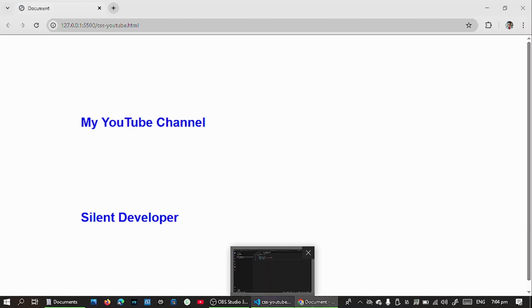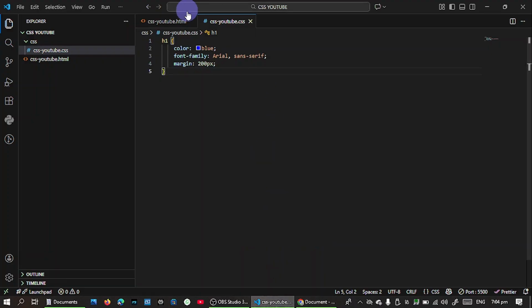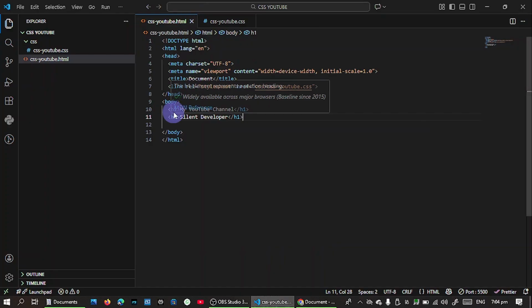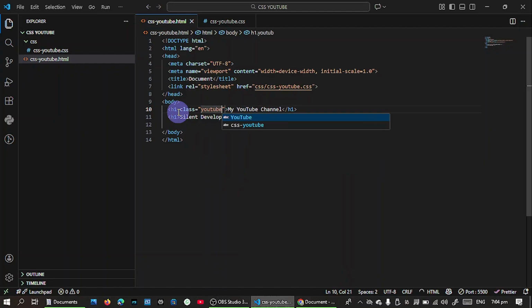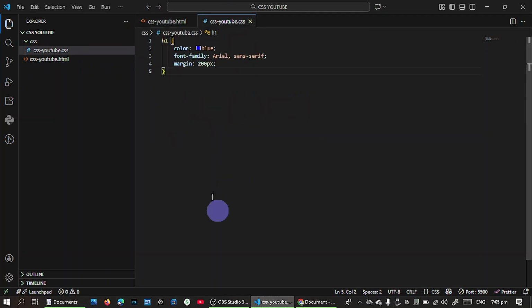So that is simple. We do that by going back to the HTML file and assigning the H1s their own class. But since I just want to change one of them, make it different, I'm just going to come here into one and type class. There's the class attribute, and let's call this YouTube. I'm going to hit save, yes, it's already saved. Okay, so I'll go back to the CSS, and in the CSS I'm going to come down to the next line and type